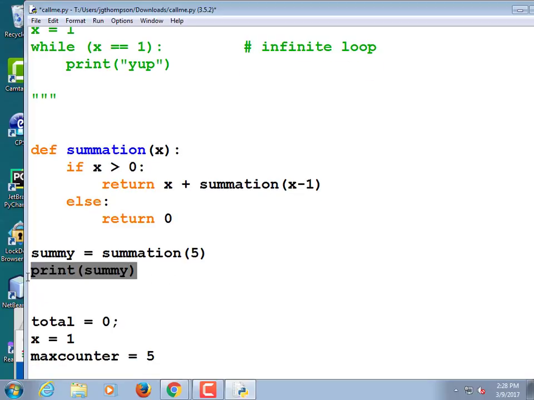Mine's not putting numbers. I had to put a print statement under my summation. It doesn't give me an error. I run it, doesn't show up.